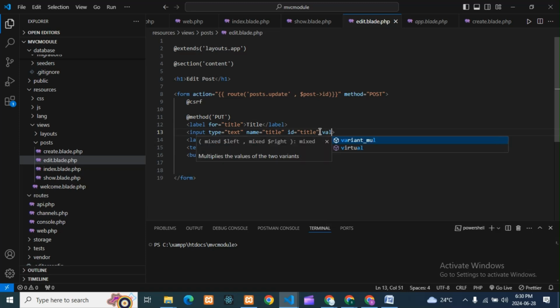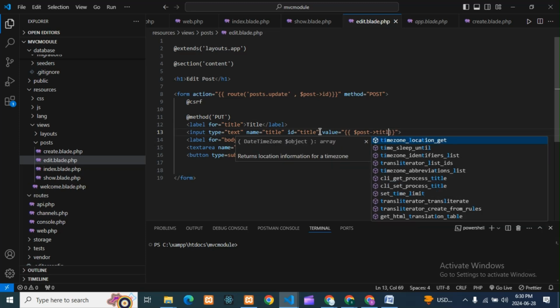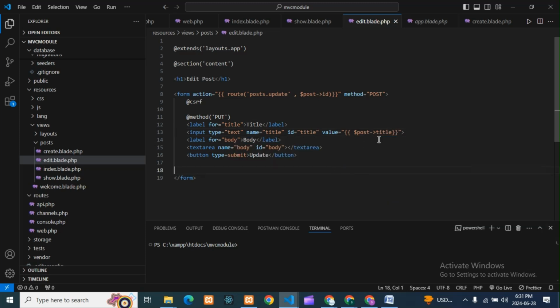Okay, it is for editing purpose. So value in curly brackets, here there will be dollar post, here it is title. Okay, so here we're editing the title, consider.